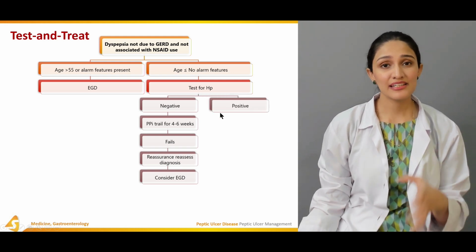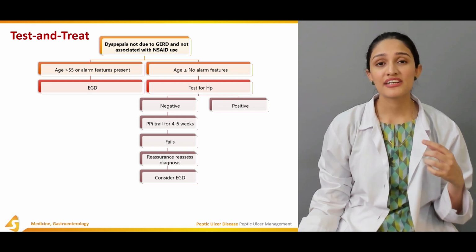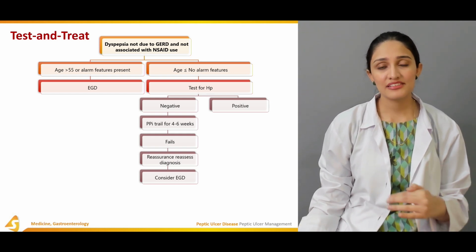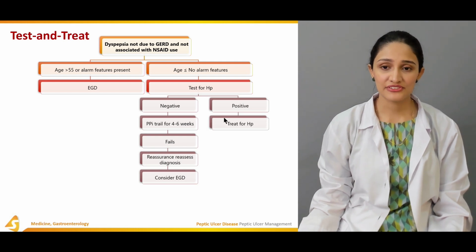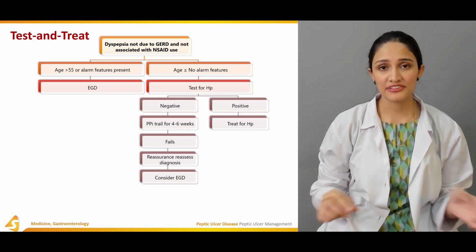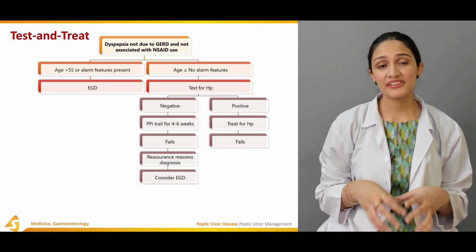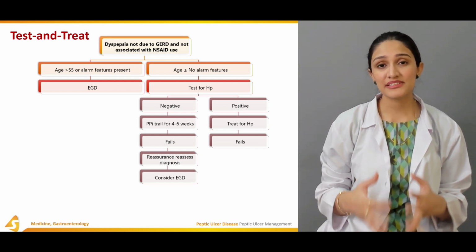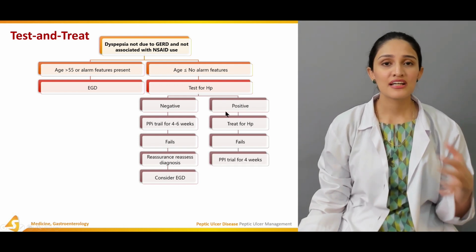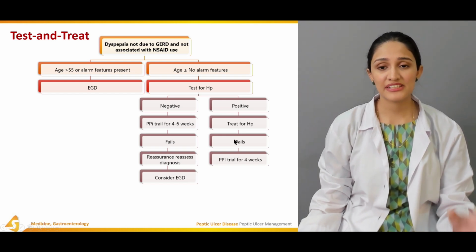Now, if that same patient who has been tested for Helicobacter pylori infection has a positive result and has Helicobacter pylori infection, we are going to treat him with the management of Helicobacter pylori infection. And then if this treatment also fails and the patient still presents with dyspepsia, we are going to give him proton pump inhibitor trials for around 4 to 6 weeks, the same way